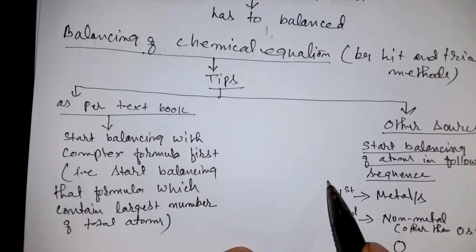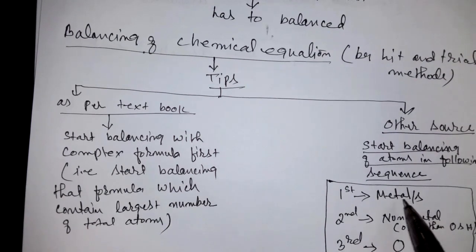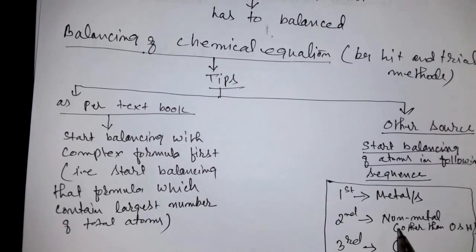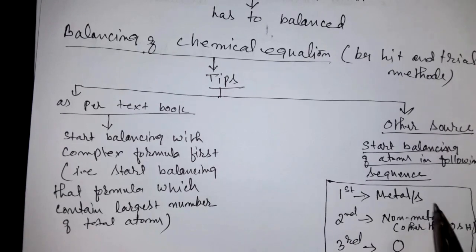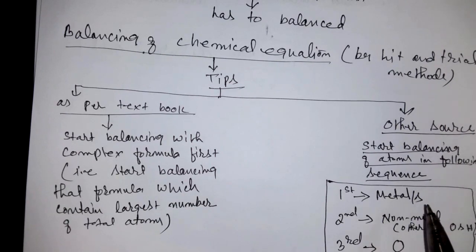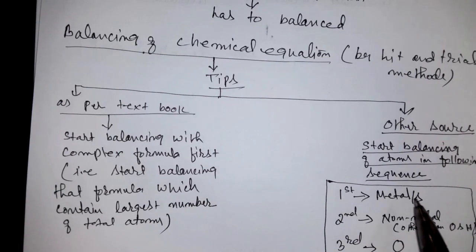Now, while applying this rule, what care should you take? Suppose you have balanced the metal on both sides and you are going to non-metals. When you finish non-metal balancing, again you go back and check whether the metal balancing that you have done before is still balanced or it is disturbed. If it is disturbed, then again you do the balancing. After this, when you balance the next step, again you check whether the earlier ones are disturbed or not. If disturbed, do the balancing again. So this rule you have to follow.